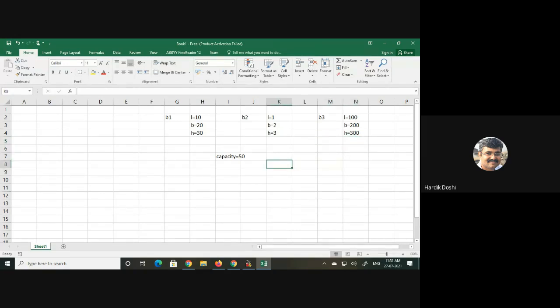That means this capacity is common for B1, common for B2, and common for B3. That means it is not now specific for any object. It is shared by all the three objects. Are you getting this?